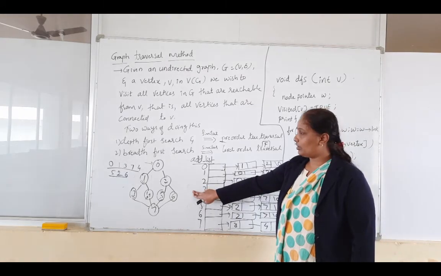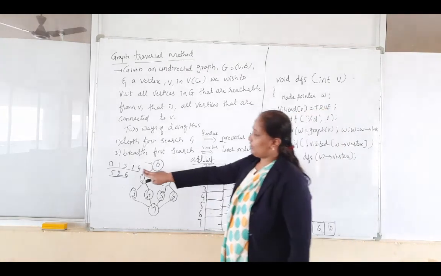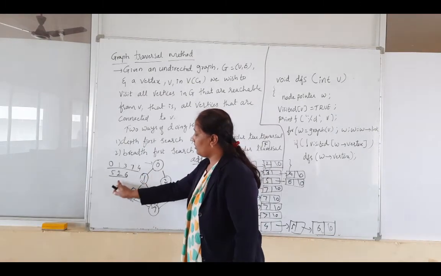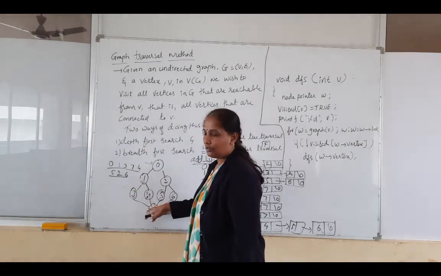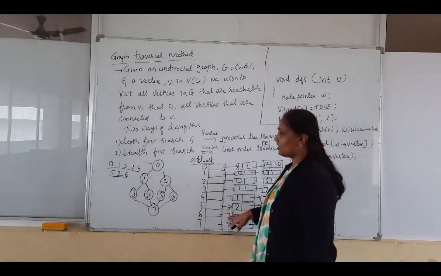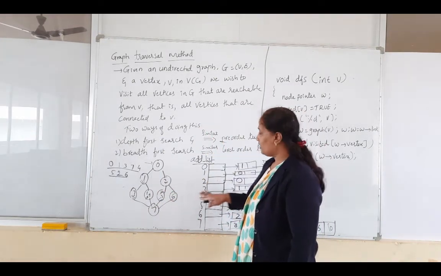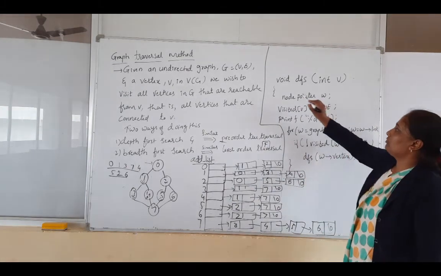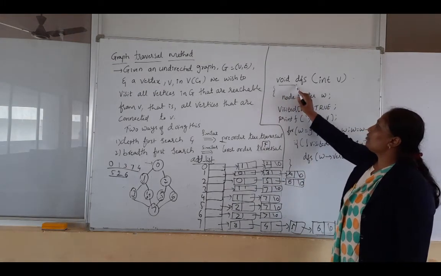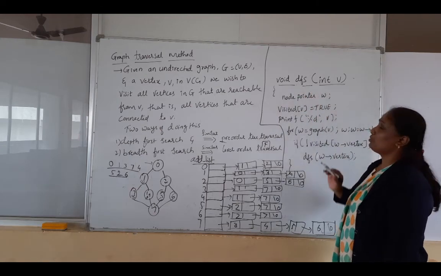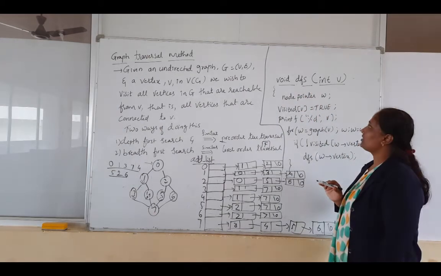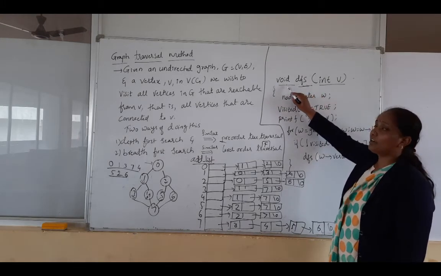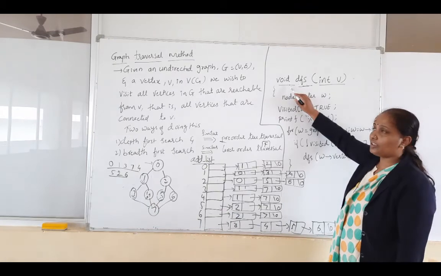For the DFS traversal, you are going to write a visited sequence. This you can do by using the stack or directly you can do. Next, this is the adjacency list of a graph. Next, you are going to see the algorithm for this. Okay. So the algorithm function is void DFS. You are going to pass a vertex as the input for this. So the name of the function is DFS, that is depth first search. Return type is void, it is not returning anything.